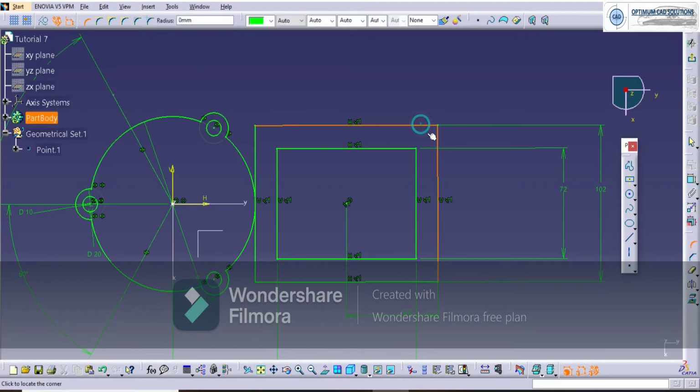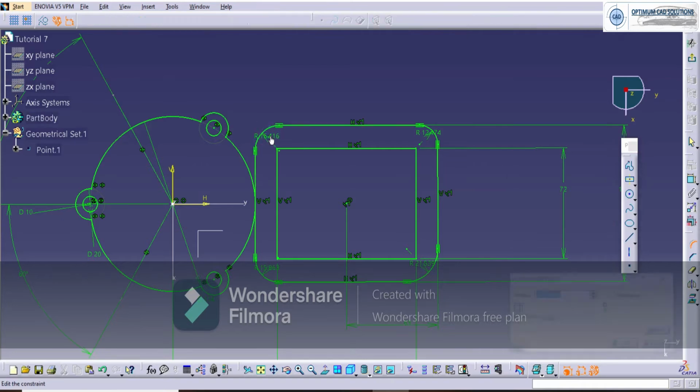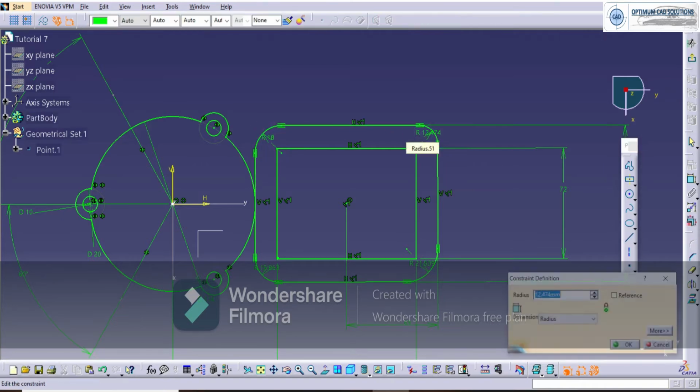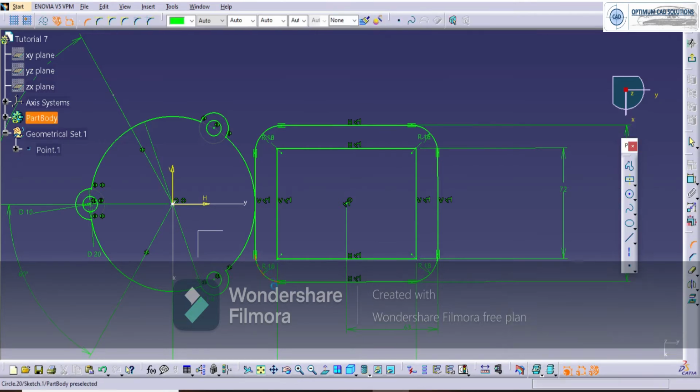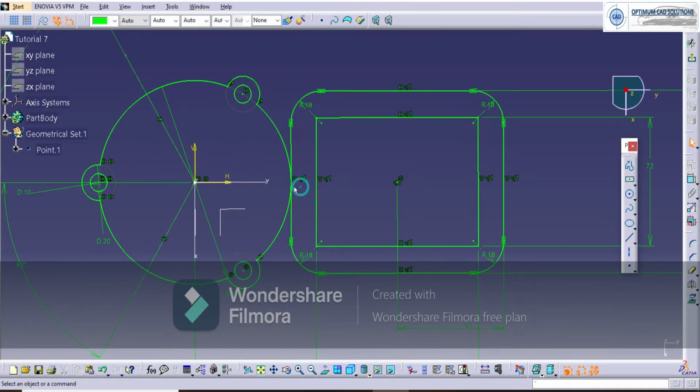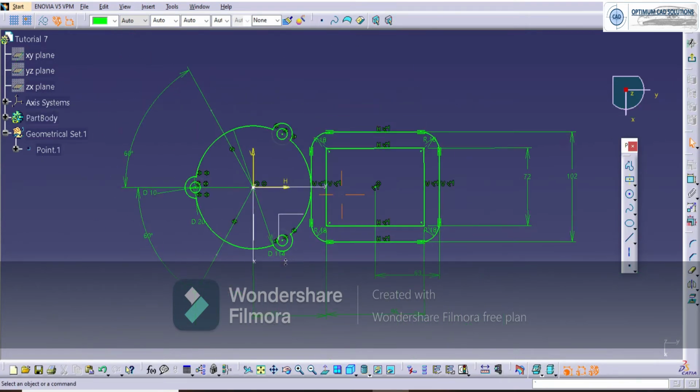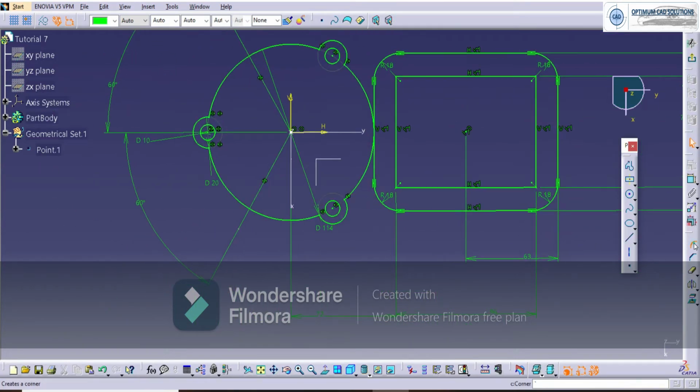But before that we'll give the corner radius. The corner radius has a dimension of 18 mm and all four radii are the same. So this is 18 mm. So now we have to join these two.